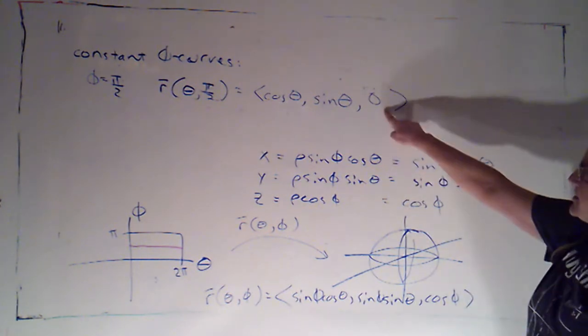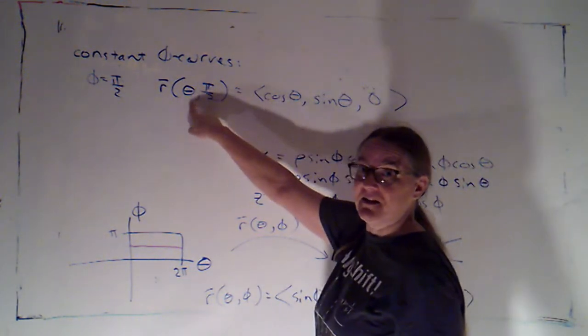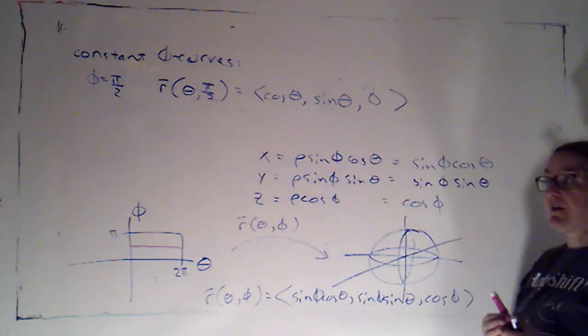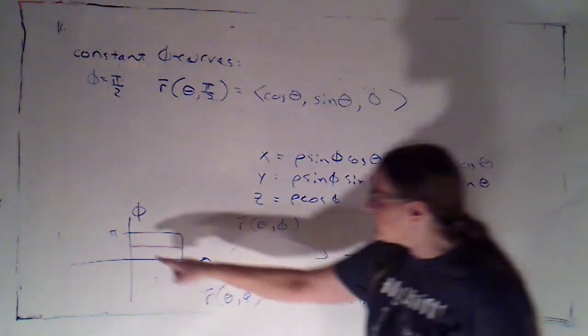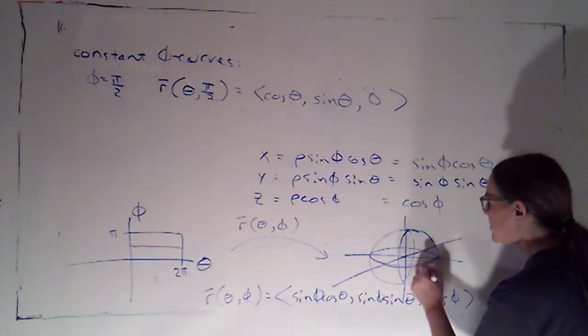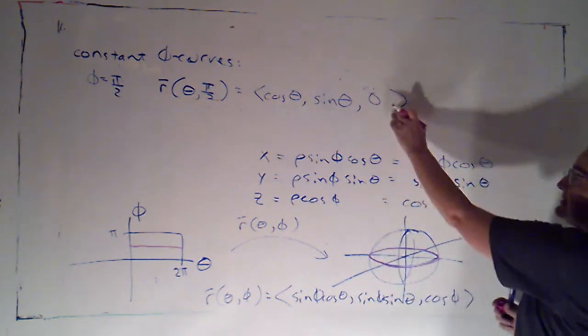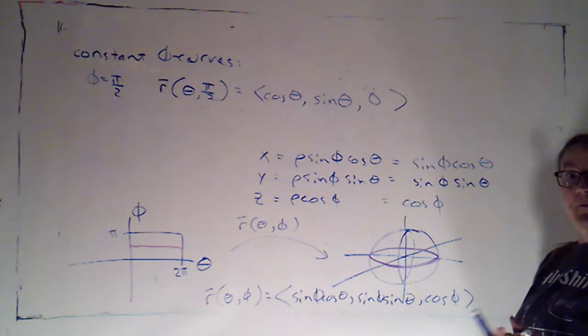So this is actually just a parametric curve because we've turned it down to just one variable. So I'm describing x, y, and z in terms of one variable. This is the curve that this line segment would map to. And I can recognize that that's just the unit circle in the xy plane because z is fixed at 0.